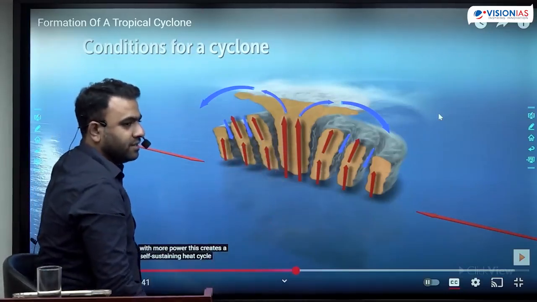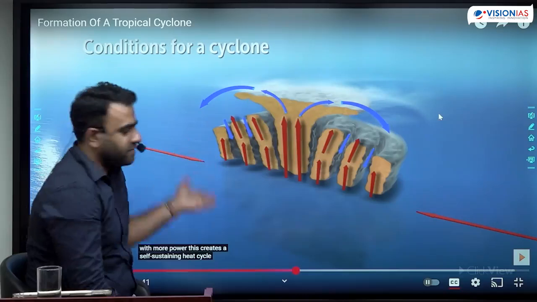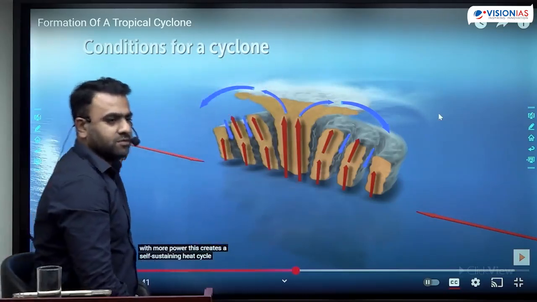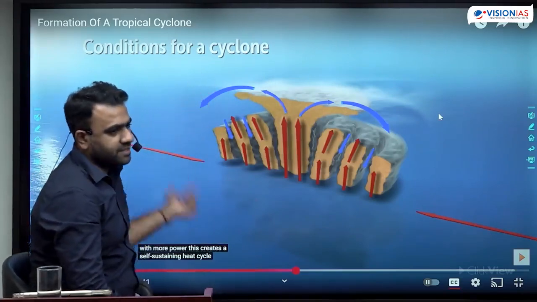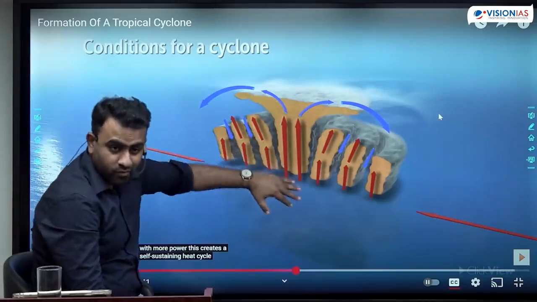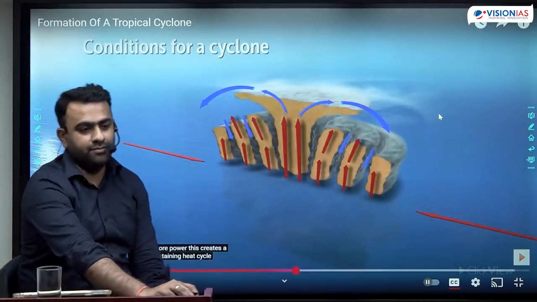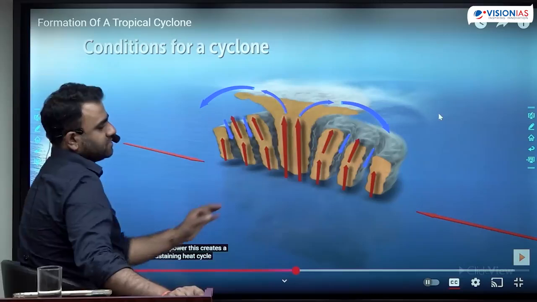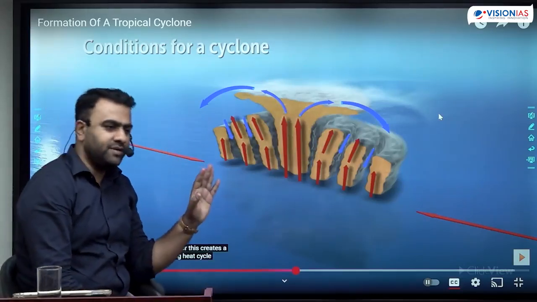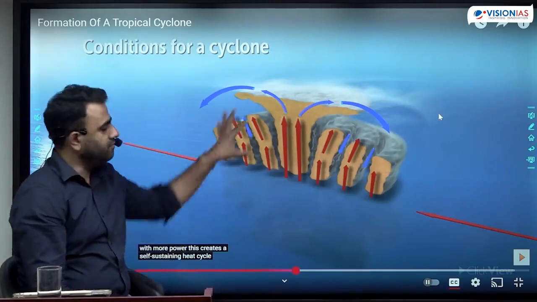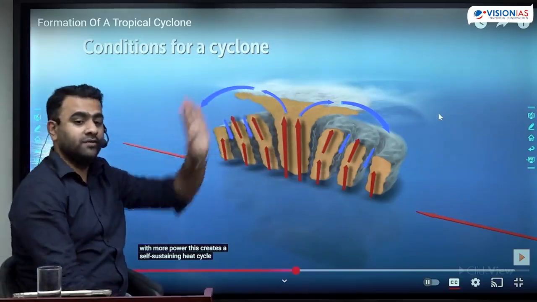The air which is subsiding, that itself will start to move towards the center. The same air now rises up and again subsides down, again rises up, again subsides down. During this process, it is continuously transferring the heat from the water to the atmosphere, which is causing the clouds to continuously build up. There is rainfall. During this entire process, during the entire 7 to 9 to 10 days, wherever there is cyclone, everywhere it is causing rainfall.